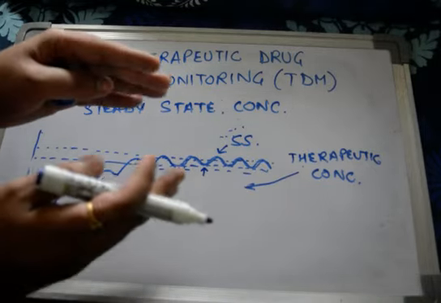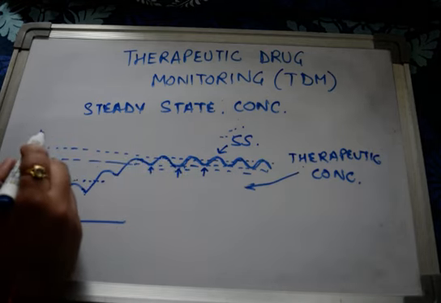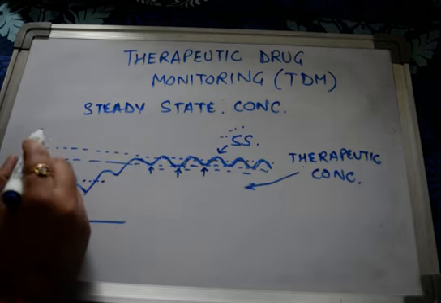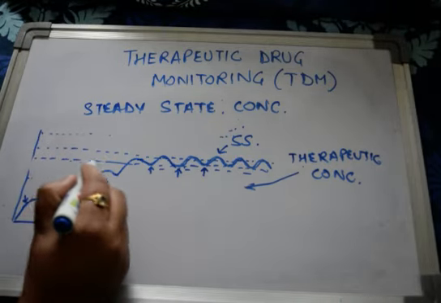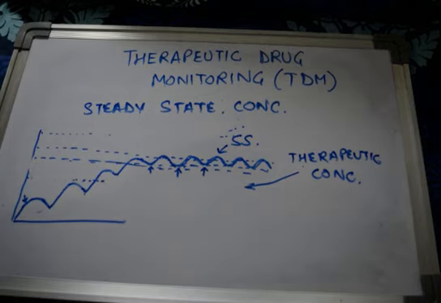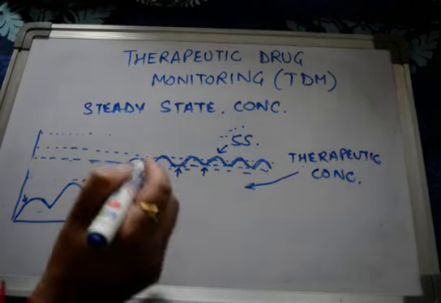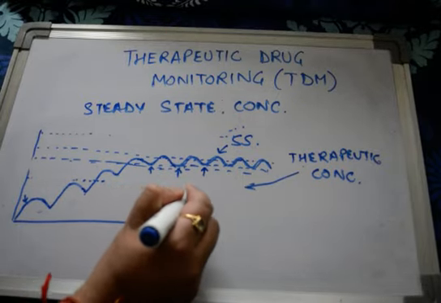Now if the toxic concentration is on a higher side, or the therapeutic concentration is more on the lower side, this problem will not be faced. Now you can predict the point of showing all this is when to take the sample,